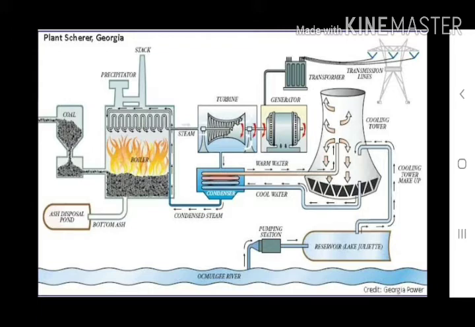So when the coal is burnt inside the boiler, it will produce the heat energy, and this heat energy is sufficient to convert the water into steam, and this steam will directly come to the turbine. So this steam directly hits the turbine blades, and the turbine blades get rotating. So when the turbine blades get rotating, mechanical energy is produced, and we know that the generator converts the mechanical energy into electrical energy. So actually generator is mutually coupled with the turbine.